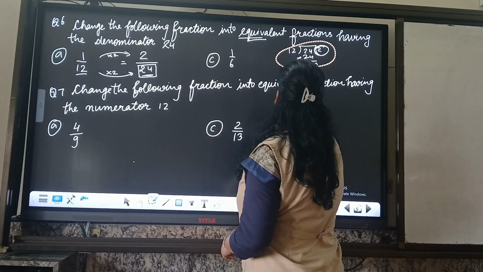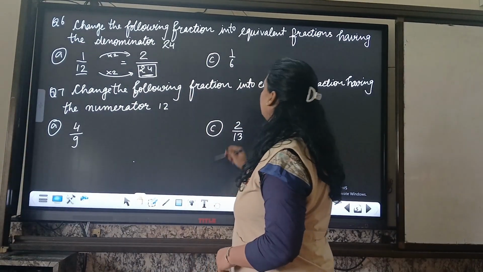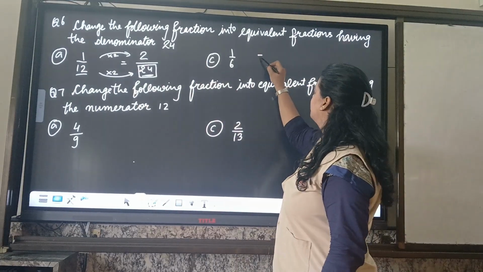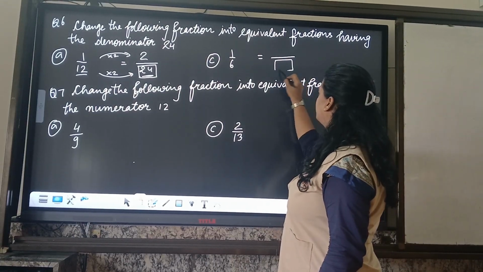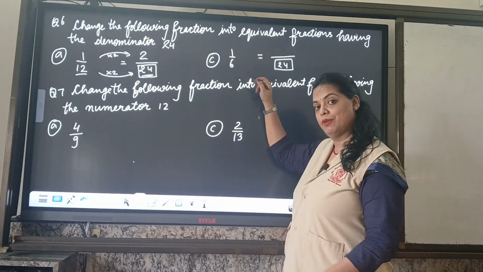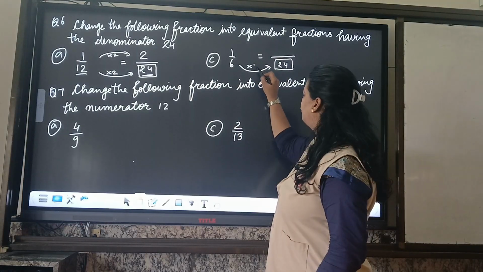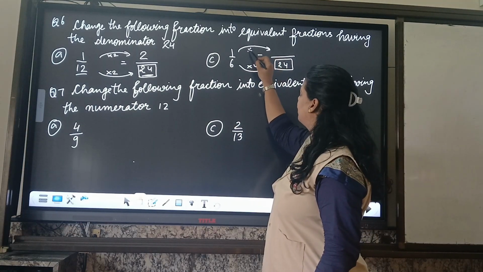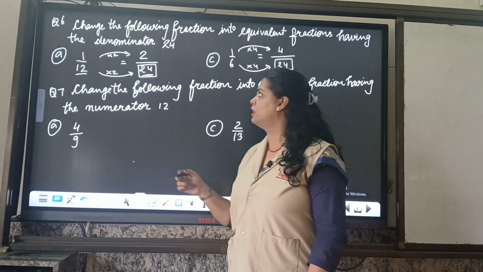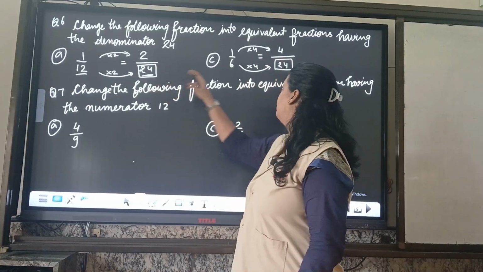Now we are moving towards C part. Here again we are going to make its denominator 24. So which number should be in the denominator? It should be 24. And now you can divide these two numbers. In the table of 6 you will get 24, 4 times. So we are going to write multiply by 4 and here multiply by 4. 4 into 1 is 4. So you are getting new numbers, and these are equivalent rational or fraction numbers where denominators are 24.